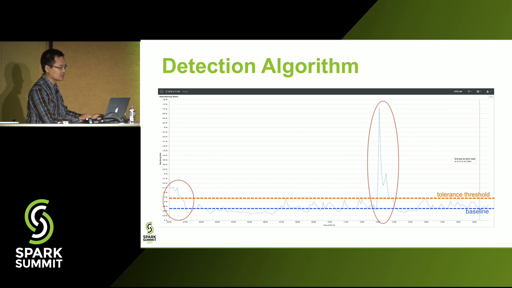The quality metric is considered as normal under the tolerance threshold. And next, above the tolerance threshold, we compute the area of each spike to reflect the impact of the issue. So the area is an integration over the time dimension and the metric dimension. Both characterize the impact. For example, the spike can be small but last for a long time, so the impact is big. It could also be a short but high spike, still with big impact.